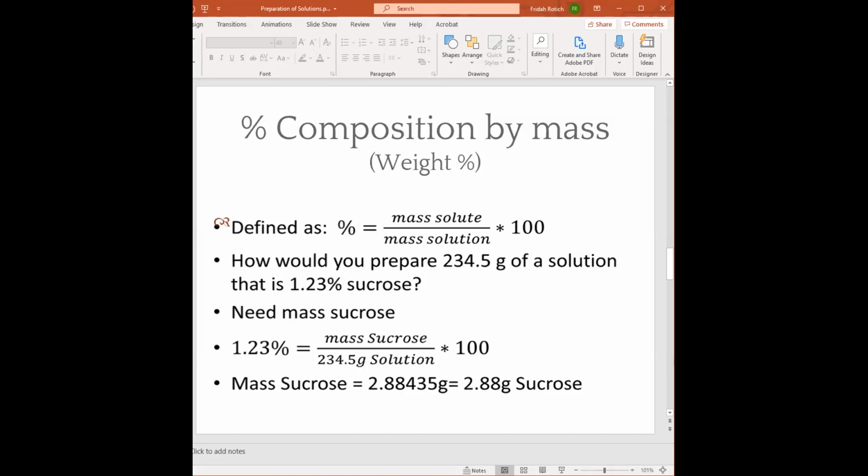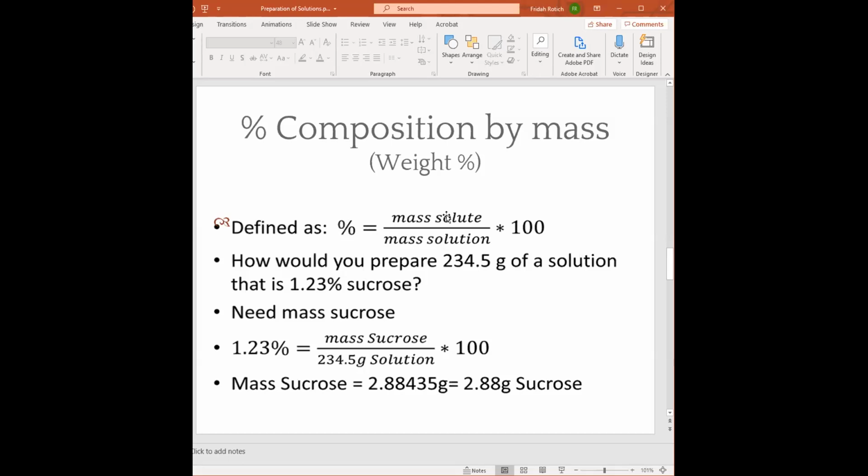Okay, but here again we have another example: how would you prepare 234.5 grams of a solution that is 1.23% sucrose? So again, you have been given the weight percent as 1.23, and then you're expected to prepare 234.5 grams of a solution. So what we are missing in this formula is the mass of our solute. And if we want to find the mass of our solute, we'll have to multiply the weight percent times the mass of solution. So that will be 1.23%,